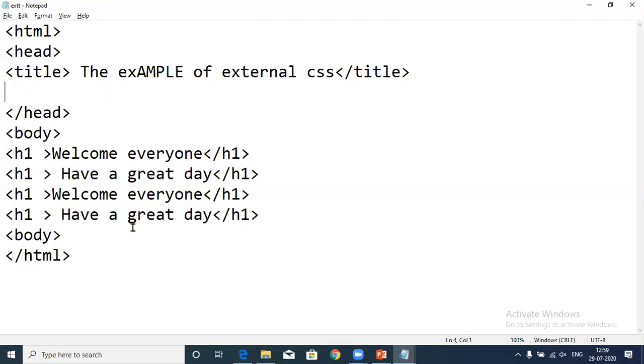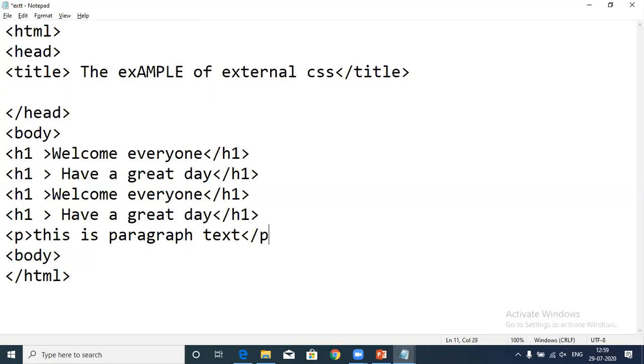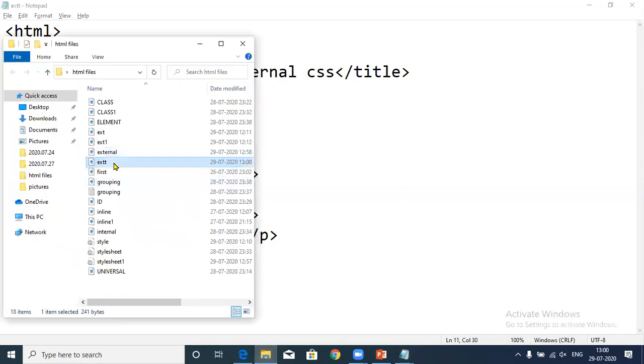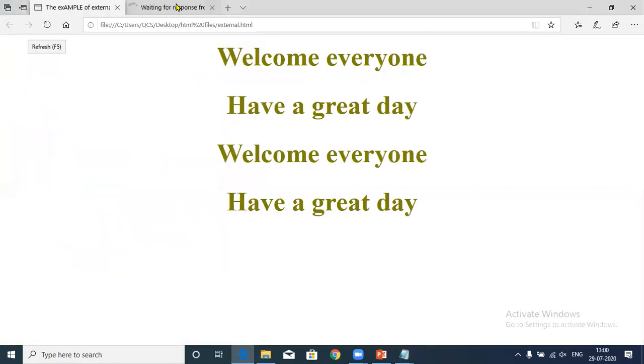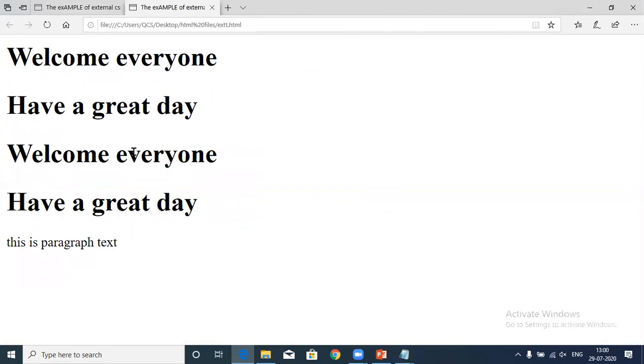Here, suppose I'm defining another p tag, this paragraph text. Fine. And this is my another file, for example. So let me run this file. Okay, so you can see right now there is no formatting available for this file.